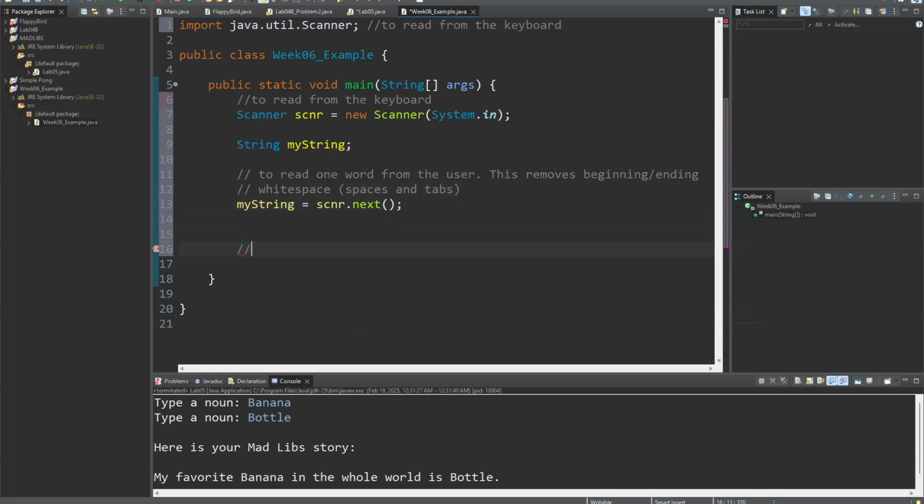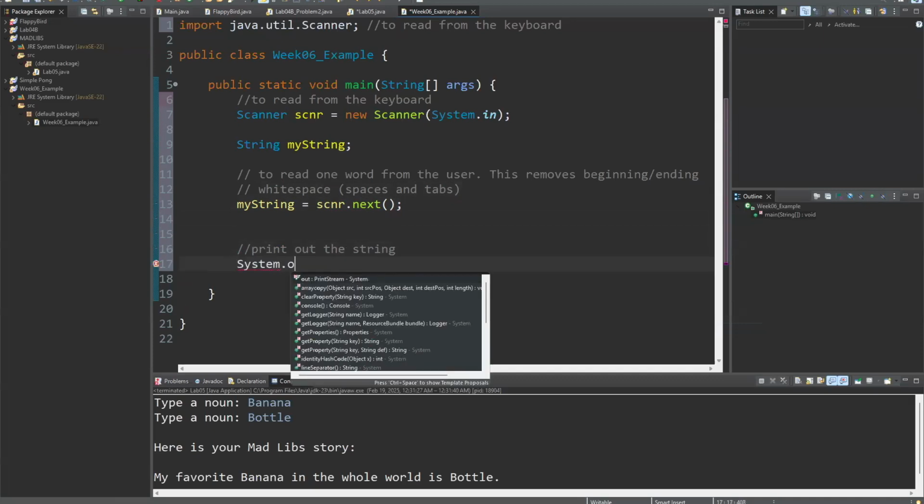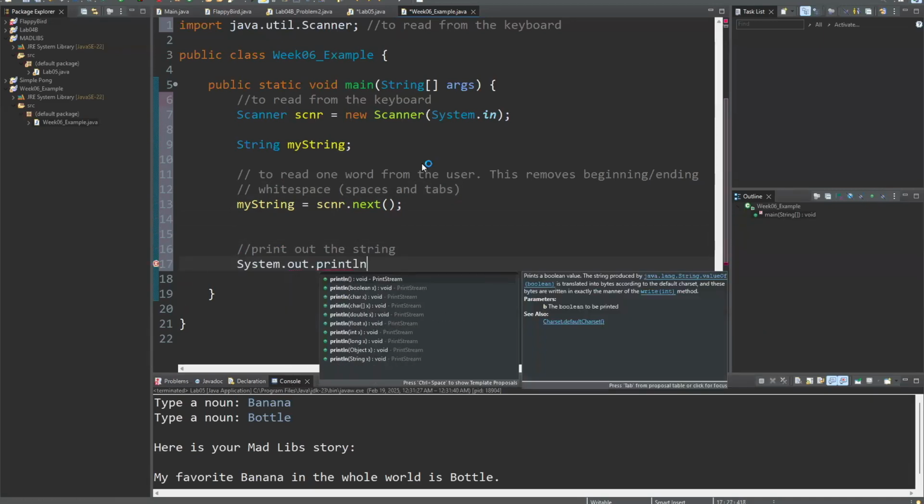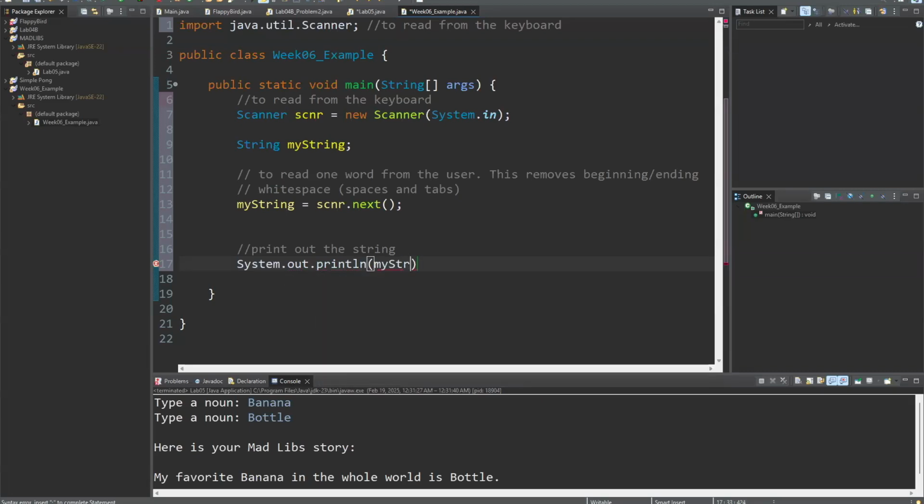And then what I'm going to do is print out the string so we can look at it. So System.out.println and my string. Okay, so we've got this little program here now, and if I run it, it's going to wait for me